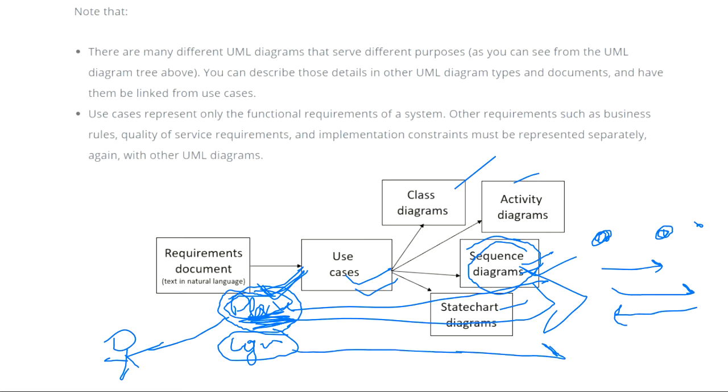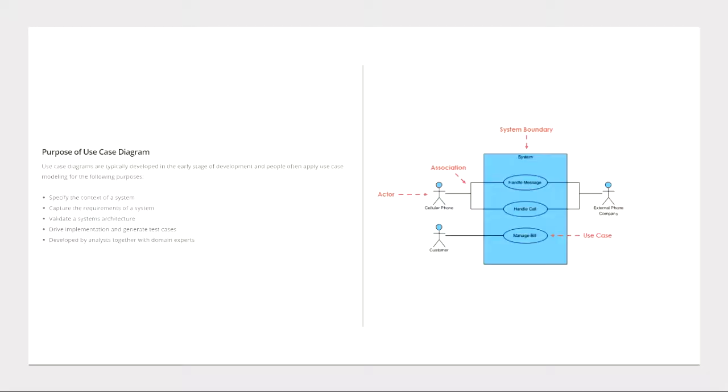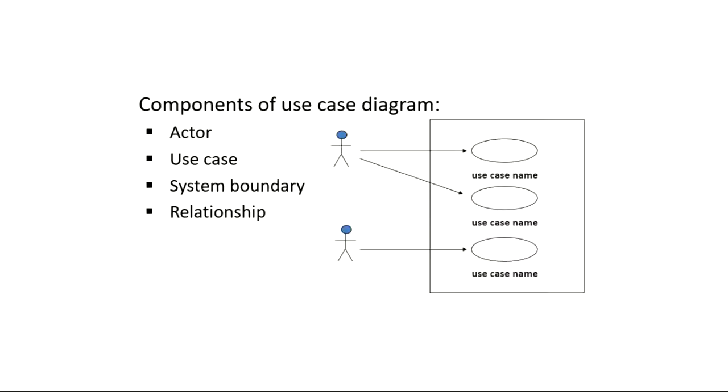This whole use case diagram can be converted to a class diagram also, or rather, not converted, we will say used with, can be used with any of the future diagrams. So there are actors, use cases, system boundary, and relationships. Actors are these creatures. We have seen there are primary actors and secondary actors. Who is the primary actor?